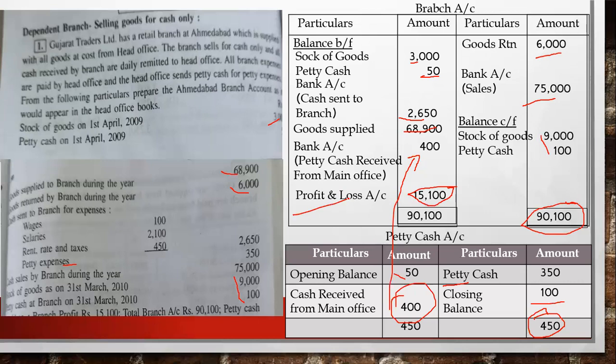So it is just one example, one basic sum of the branch account. So I hope you understood. We have to follow the pro forma only. Okay. And we have already done the consignment account. So it is very similar to the consignment account. And if you really have a good grip on the consignment account, you can easily understand and easily calculate the branch account. Okay. So this is our first basic sum.